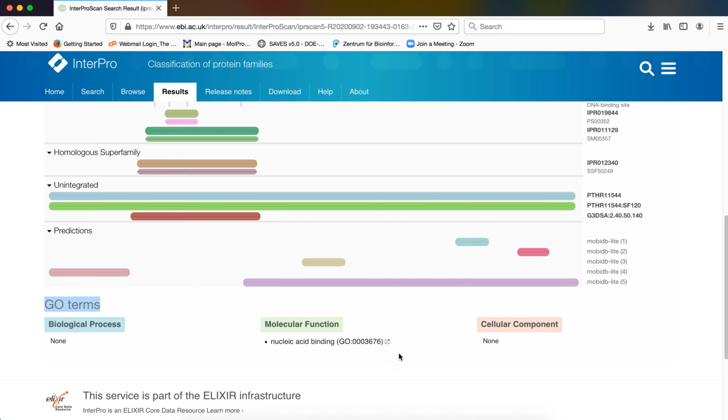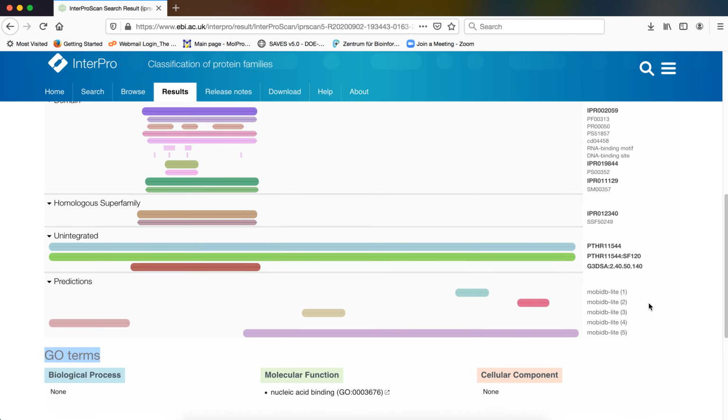So what does GO rely upon? GO relies upon the fact that a gene or its protein will have a specific molecular function, and that specific molecular function will enable that protein to perform its activity in a specific biological process, and obviously this activity will take place in a particular cellular component. So these are the three parameters with which a protein is classified on the basis of the gene ontology terms.